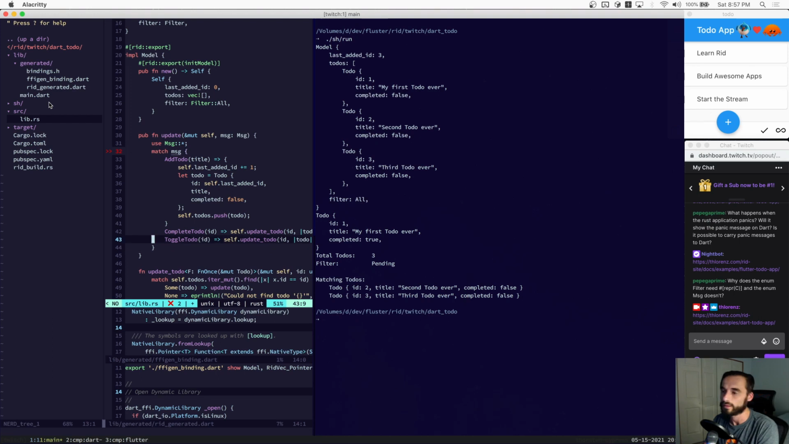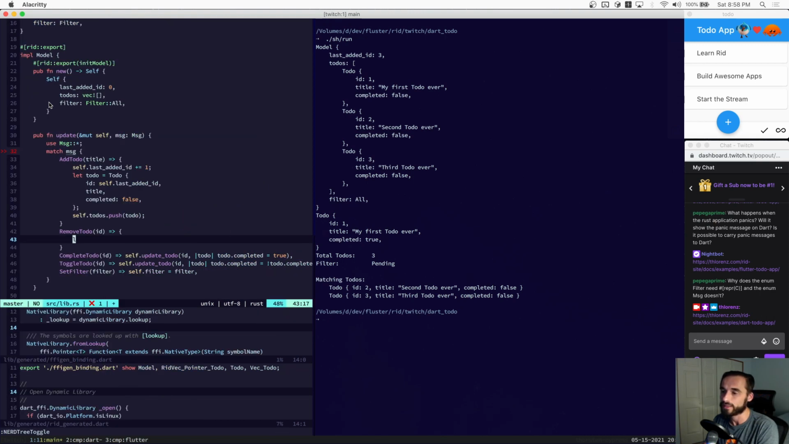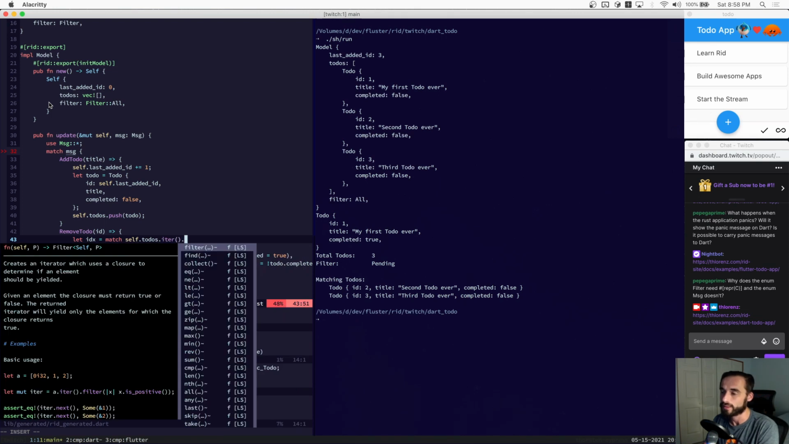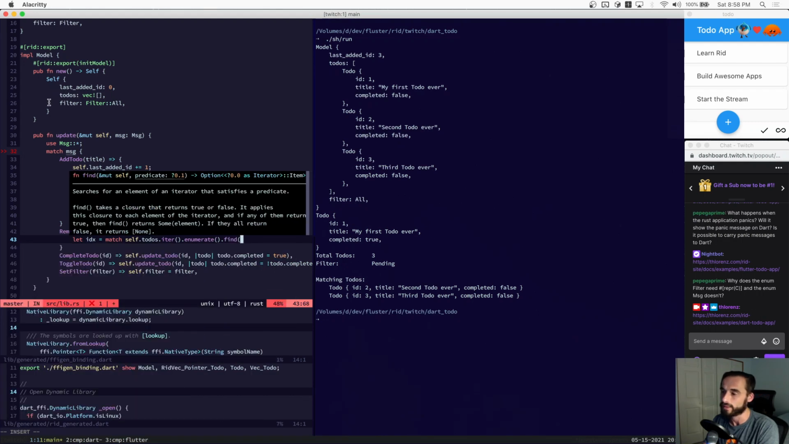And so we're going to put that here, and we're going to take the ID of the to-do, right? What we actually have to do now is find the index of the to-do we want to remove, right? And then we remove it at that index. So let's first get that index, right? How do we do that? Well, index equals a match on self.todos, and we want to get an iterator. We don't need a mutable one because we're not going to mutate the to-dos, but we actually need the index, so we're going to enumerate them, and then we find the one that has the